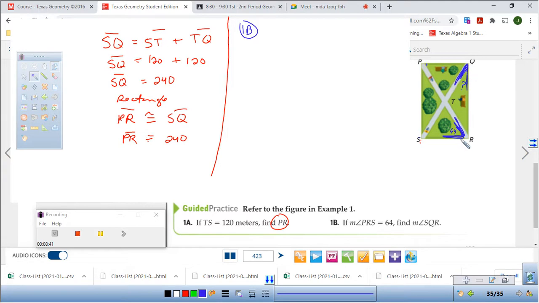Okay, so make sure you know all angles are 90 degrees, right? It's a rectangle. And then you also know that when you have this plus this, they're 180 also. So let's see what we can do here. Anybody know what to do here? Yeah, I'm going to go with that. Okay, since this part here I know it's 90, I'm going to go with 90 minus 64. That gives me,